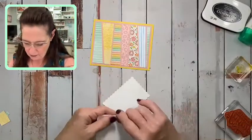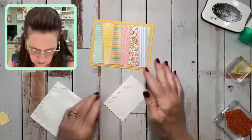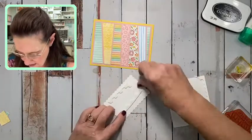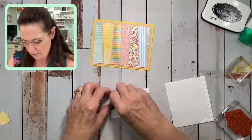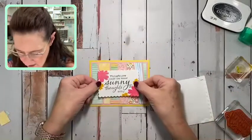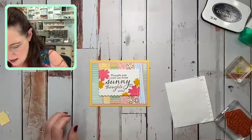I have a couple that are just the edges. Do you ever use the edges of your dimensionals? Don't throw these away. They're not finished. These are all good pieces that you can use. They're great for times like this where you just need long strips. And then, whoops, sticking to my finger. I'm going to add that, and I'm going to finish it off with some